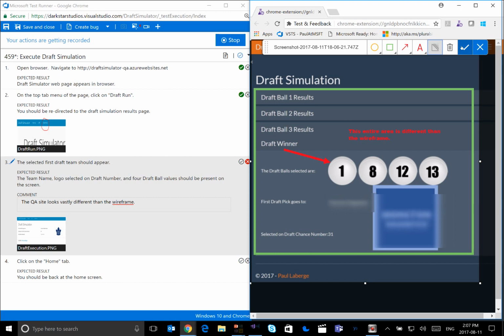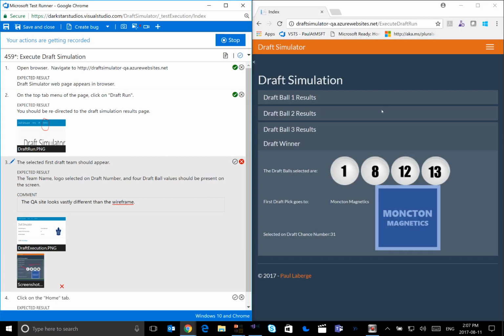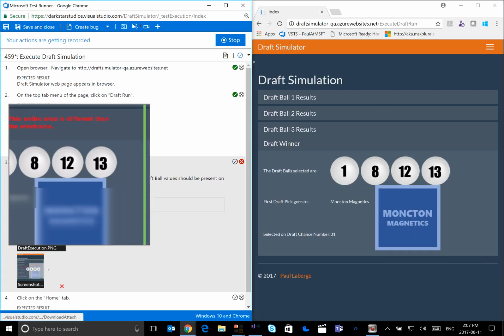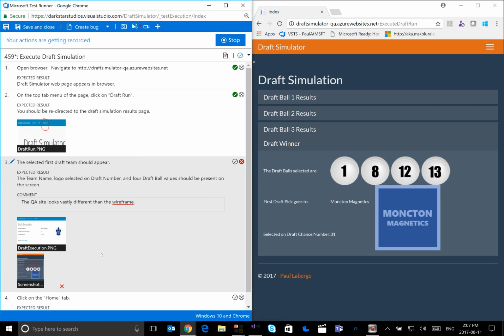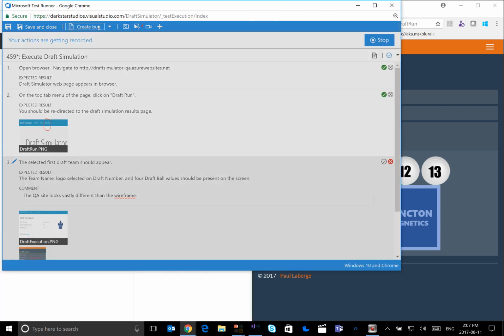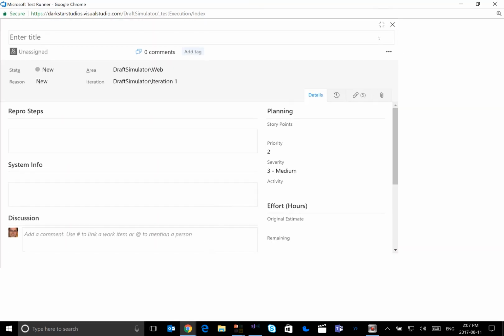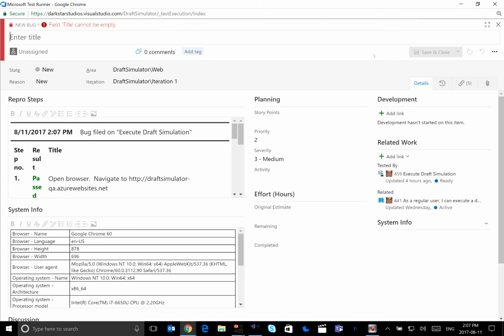Just blur that out. I'm going to click on the checkbox just to show you this. Okay, and there you go. So now this screenshot is attached to this. What we need to do now is say, okay, this is a problem. It's a bug, so we're going to click on this to create a bug. So at this point, we have a new bug, and I can say